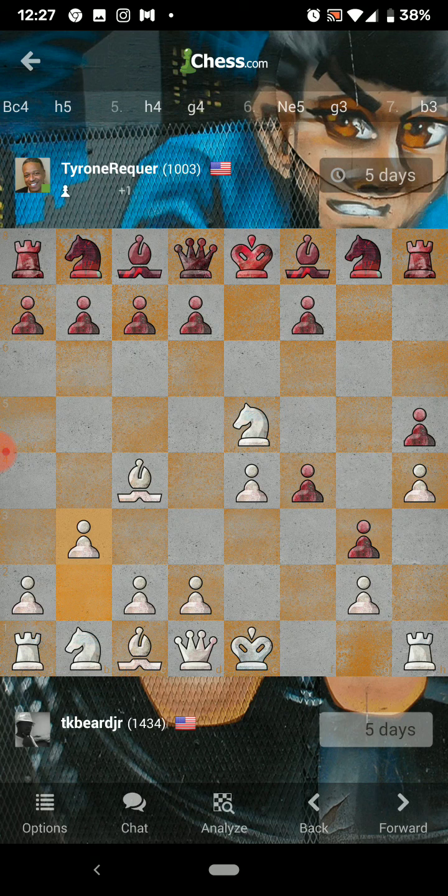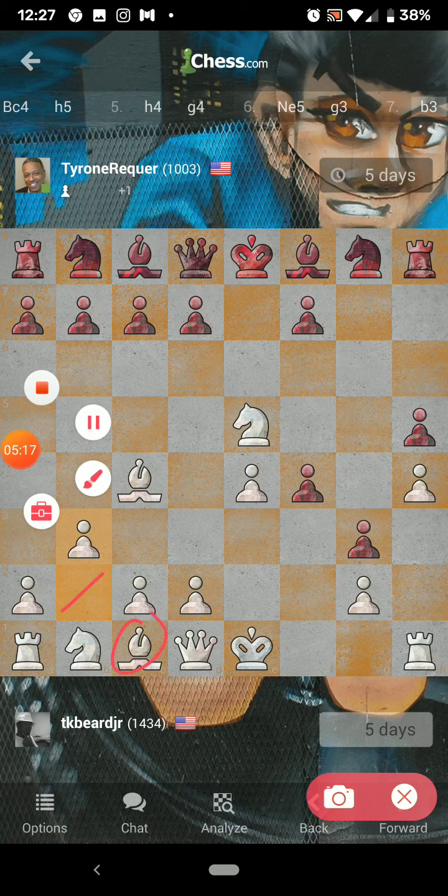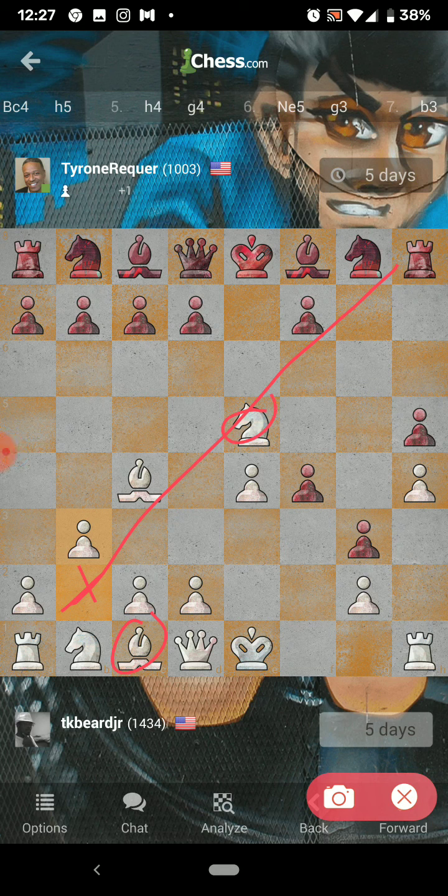Okay, so I move that pawn up because on my next move, I want to get my bishop here. That way I can control that file. All I have to do is move this knight out the way anywhere, and my bishop officially puts this rook in danger. That's why fianchetto bishops, which are bishops on